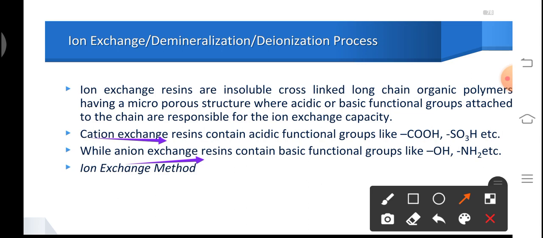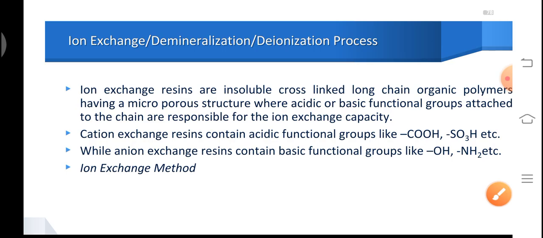Cation exchangers are basically styrene divinyl benzene polymers which on sulfonation or carboxylation become capable of exchanging their hydrogen ions with the cations in the water. Similarly, anion exchangers are also styrene divinyl benzene polymers. They have a basic functional group attached to them. So this basic functional group provides hydroxyl ions. These hydroxyl ions exchange the anions present in the water. So this is how, by using both the cation exchanger and anion exchanger, we can remove cations as well as anions present inside the water.